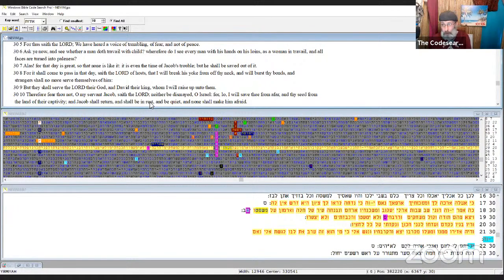That word sharit, remnant, also means rest, the ones who are given rest. But there's no rest for the who? No rest for the wicked. That's right. It's the wicked who are dealt with when he gets here, folks. He comes and saves us, and he deals with the wicked. Jacob is in trouble, in distress. The nations are in distress. He comes and saves us out of it, okay? So the wrath he pours out is not to us.